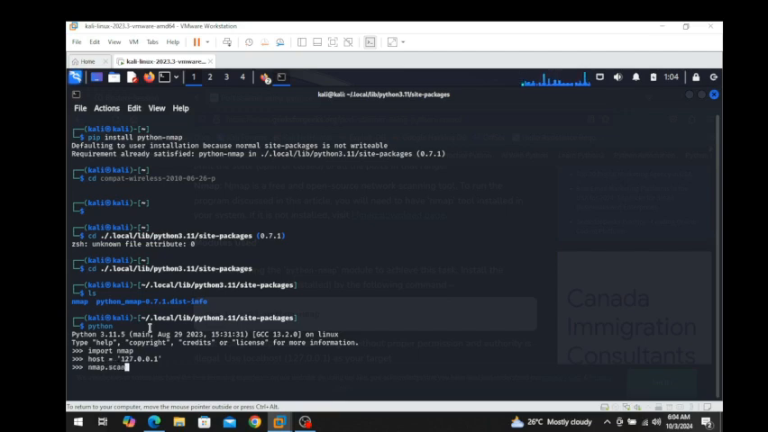Python's just an English word. So we want to scan. So how do we do it? This is our nmap. So we just do nmap.scan, and then we just pass in the host,